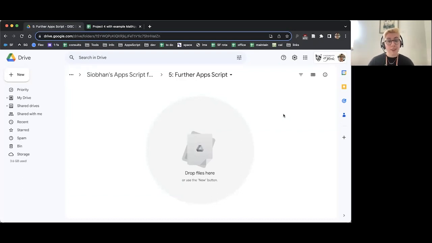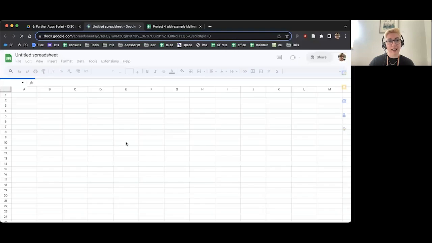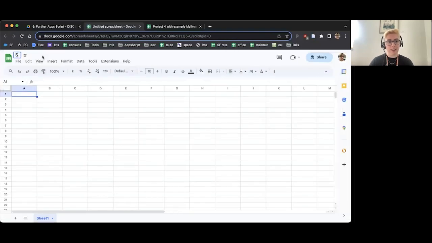So, as with other times, we're going to start in our folder by making a spreadsheet. I'm going to start with a spreadsheet like so, and I'm going to rename it to sending email. We don't need anything in this spreadsheet. We're going to be entirely working in the script editor because we're just going to be looking at a little example of how to send some email, and I'll show you an example of doing it with some data from a spreadsheet, but we won't write that together.